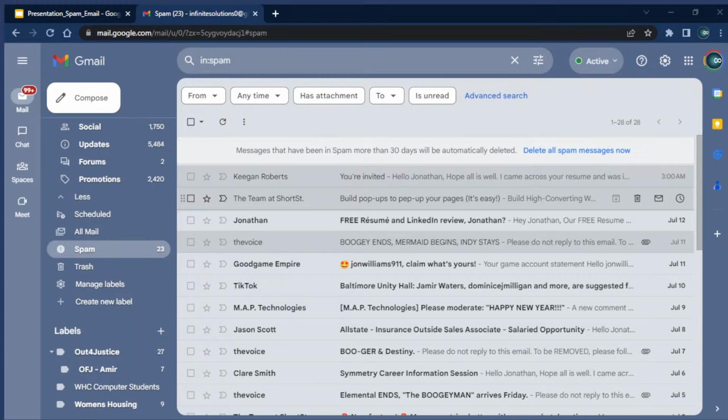If you're a Gmail user and you're getting an email, you can report that email to Gmail. They have a button now to report it as spam, and Google will investigate. If their investigation determines that email is spam, they will flag that email as spam for everybody.